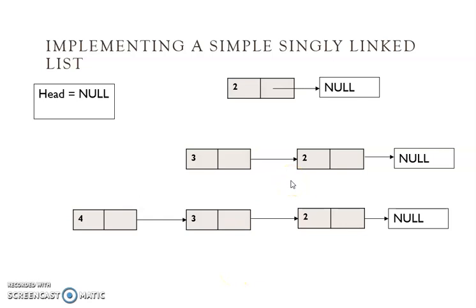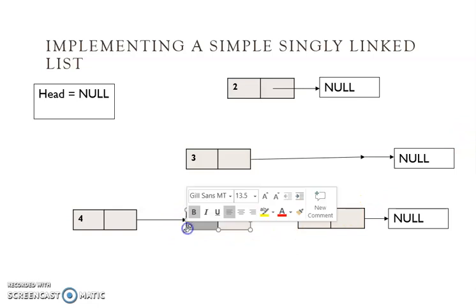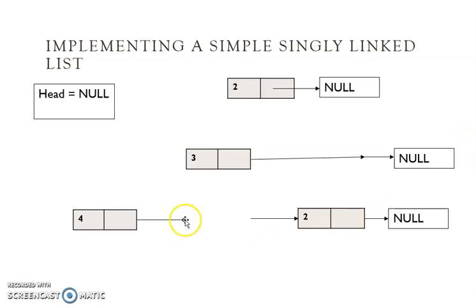Now moving to the deletion part. When we delete an element, we need to remove the pointers pointing to it and use the delete keyword. I will show you how to delete. Imagine that I have to delete 2. I can simply delete this node using the delete pointer and make 3 point to null. This is how it will work. Now if I want to delete 3 in between, I can simply delete 3 and make 4 point to node 2.